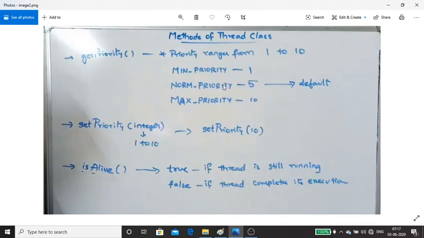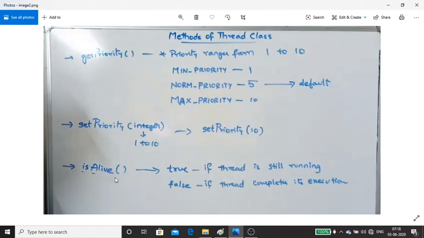You can change the order of execution just by setting the priority. So getPriority gets the priority of the thread, and with setPriority we can change the priority of the thread. Either you can specify a number between 1 to 10, or you can use these three constants.